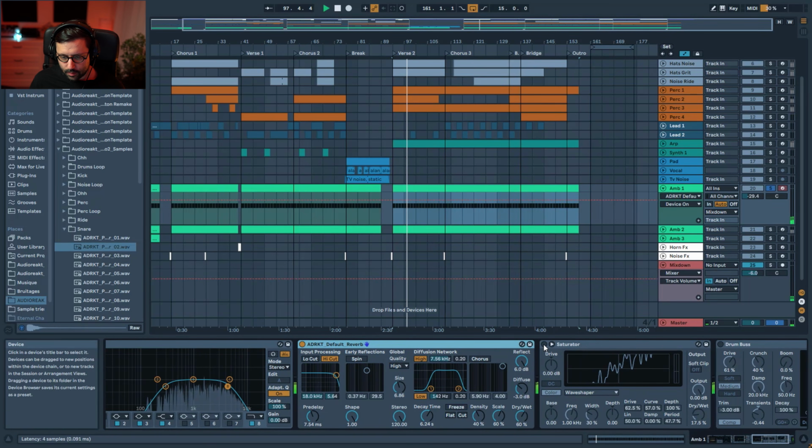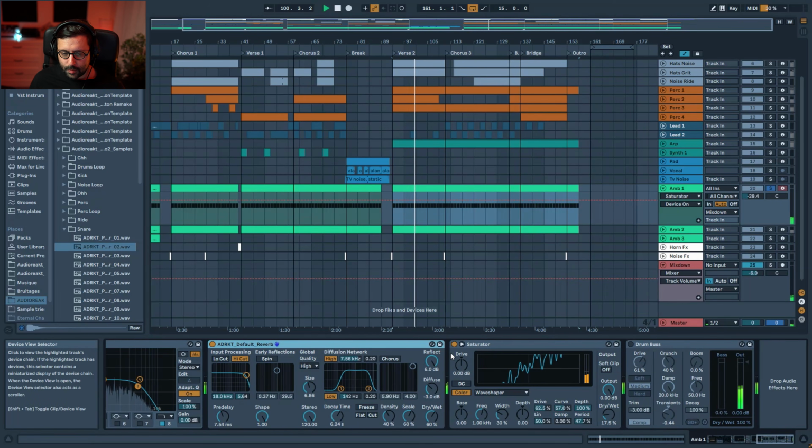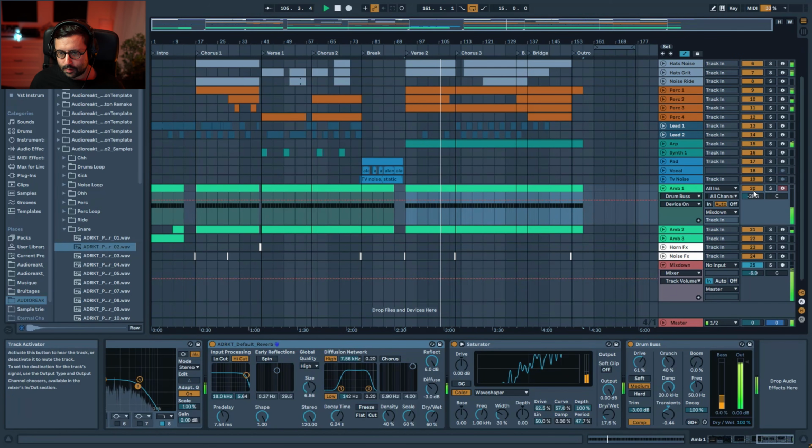Long reverb. Again, saturator with wave shaper. A little bit less crazy than before, but and yes, I use it as a